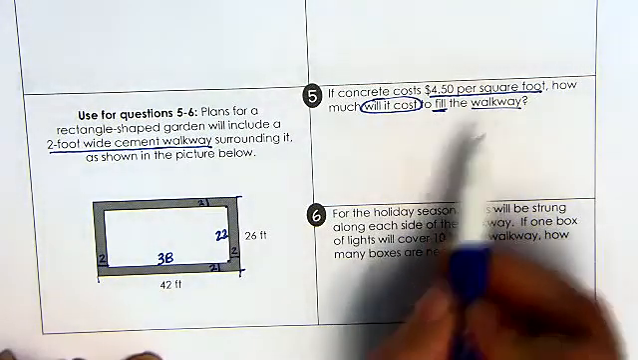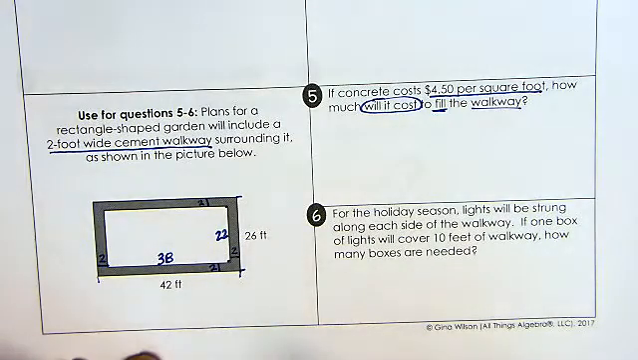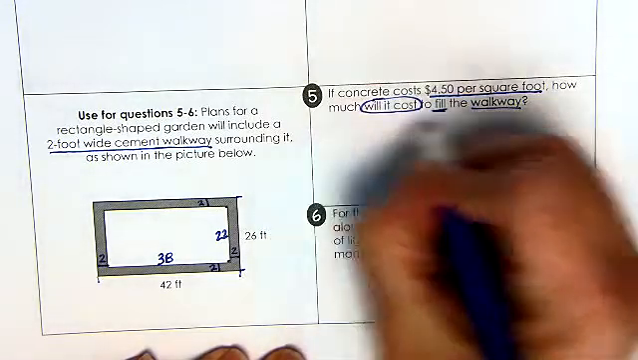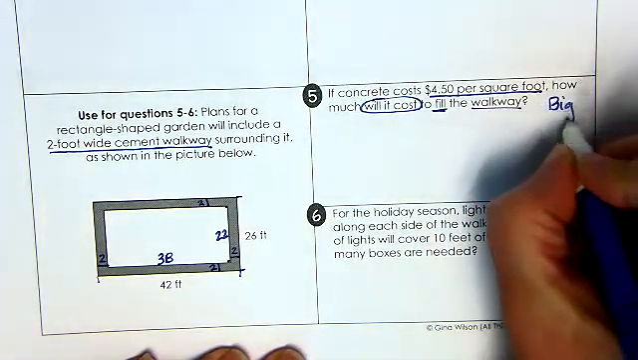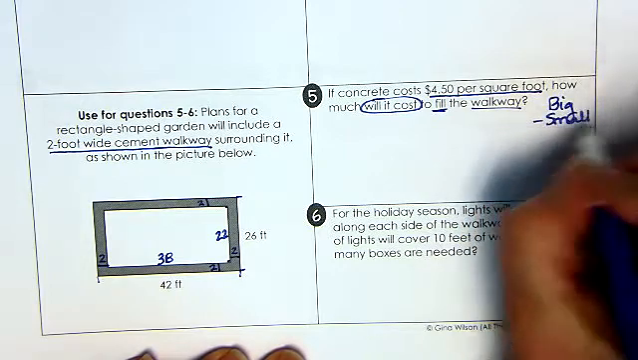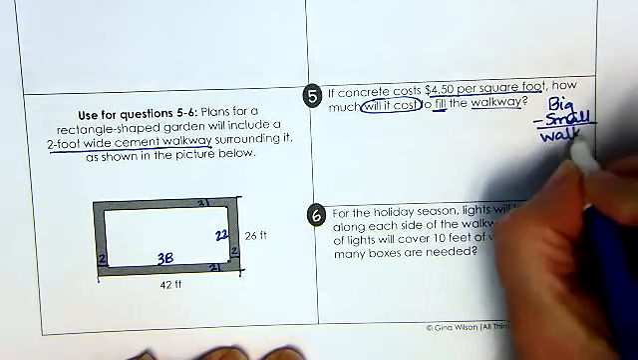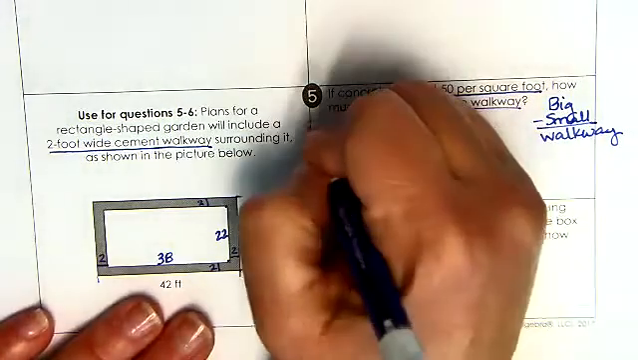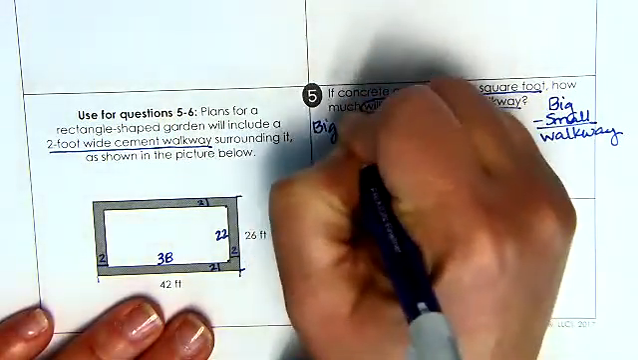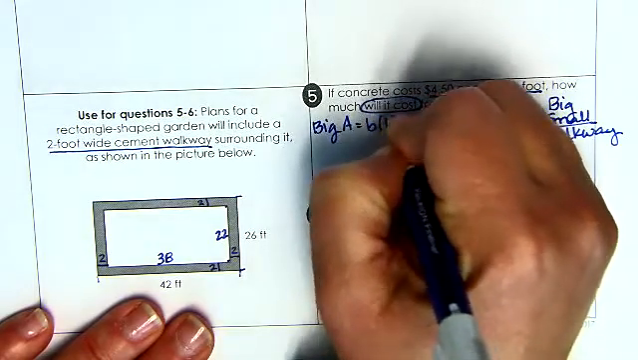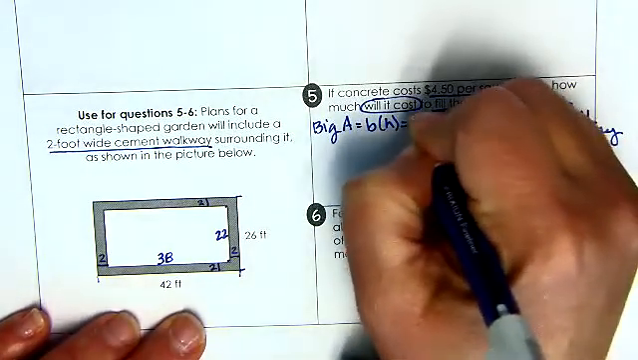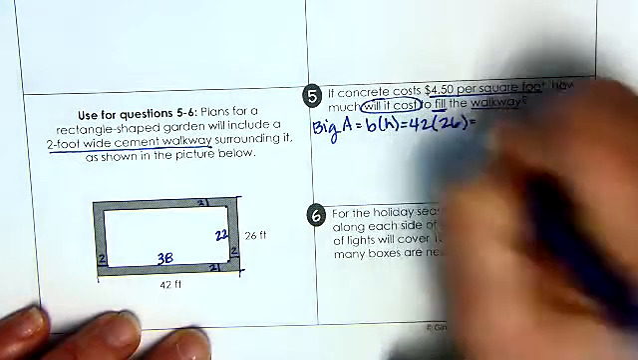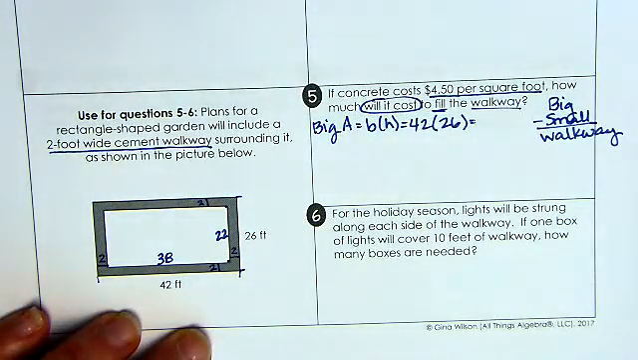Now, we're wanting to just fill the walkway. So my game plan is I'm going to do the big minus the small to get the walkway. Okay, so here we go. Let's calculate the big area, which remember is base times height. So that's going to give me 42 times 26. 42 times 26 gives me